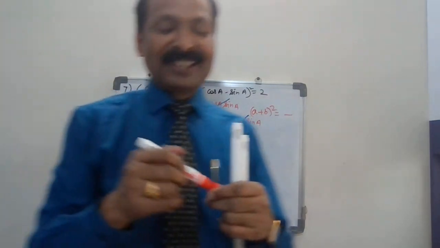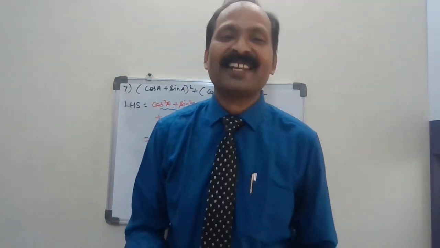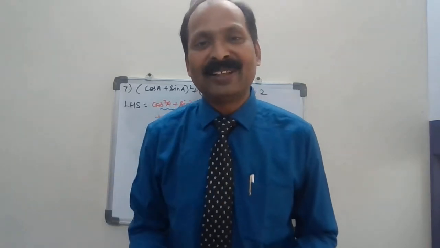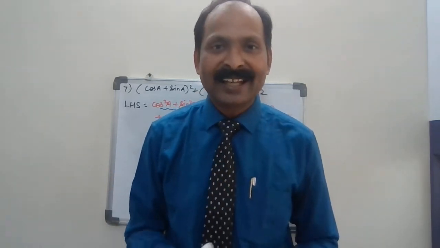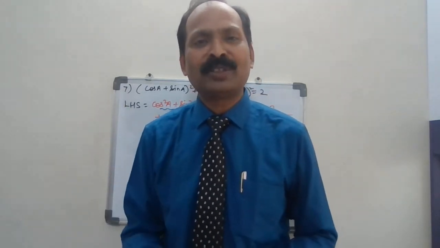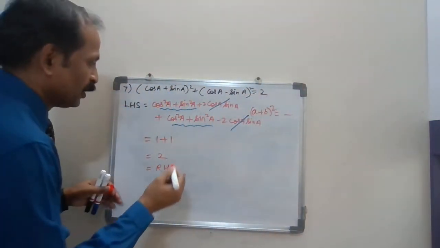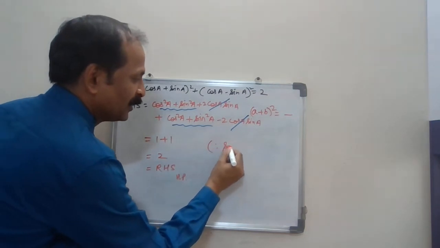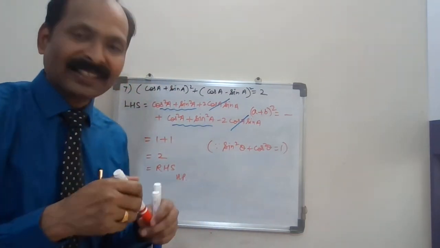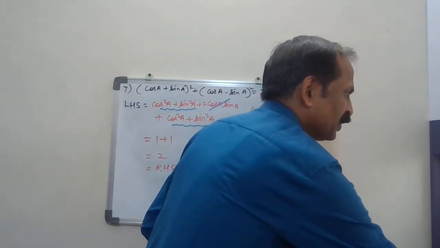You must be enjoying. See, when do you enjoy? When you get the answers, when you apply logic, when you know all the identities. It is really easy, children, if you practice more and apply the logic. Same method. Don't be rigid that I'll do only Rakesh's method or my teacher's method. You can apply your own method also. Just remember that ratios have a relation with each other. So this is proved, but don't forget to write sin square theta plus cos square theta is 1. You can write the reason. I always tell you, you can pause the video and do it.